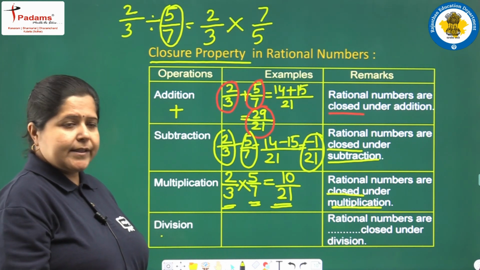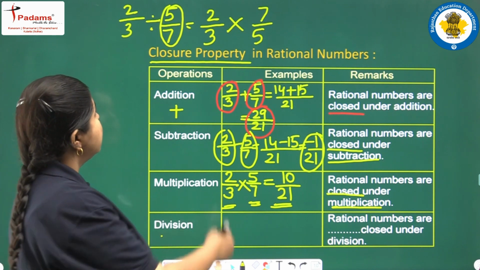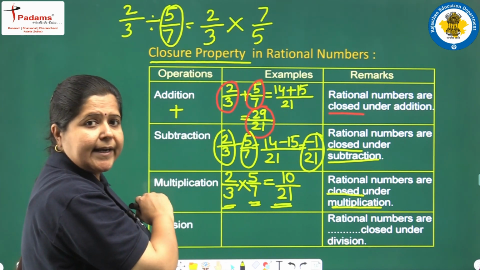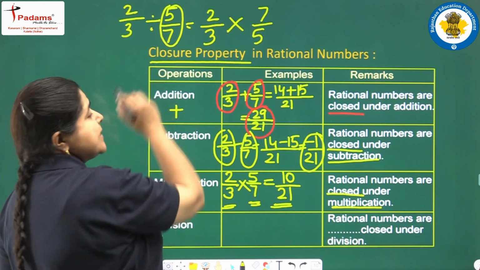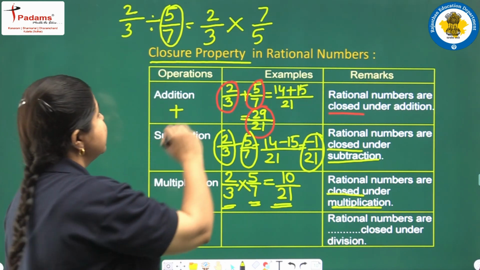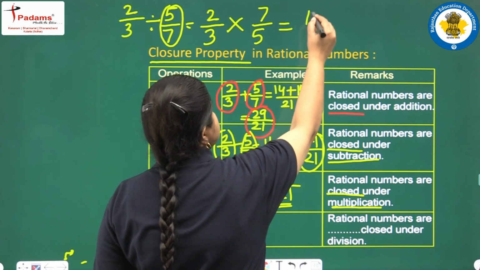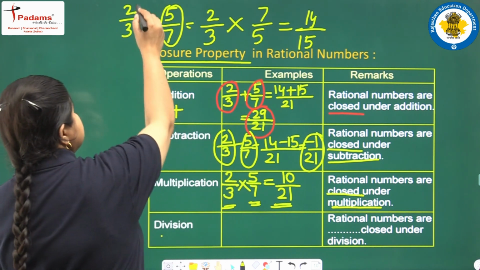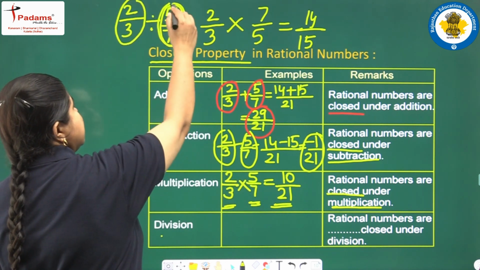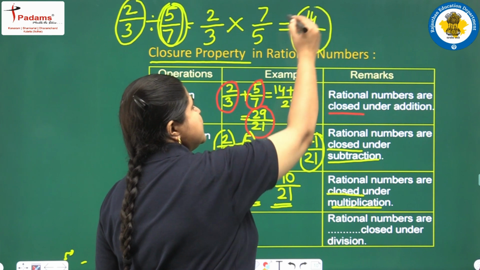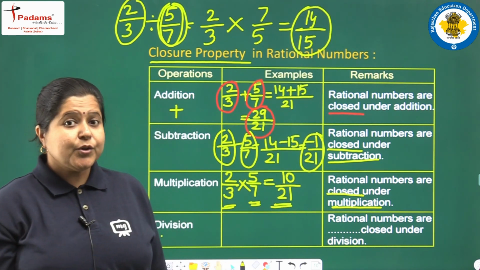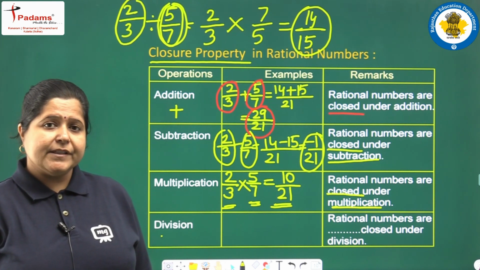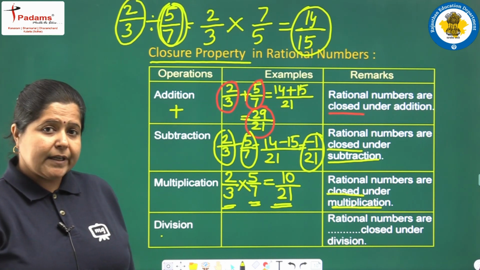We will be learning about this in our next class also. So, we take the reciprocal, or we interchange the numerator and denominator and change the sign of division to multiplication. So, we get 2 7s are 14 upon 3 5s are 15. So, these two are rational numbers and the answer we are getting is also a rational number. So, you may think that rational numbers are also closed for division, but let us take one other case.